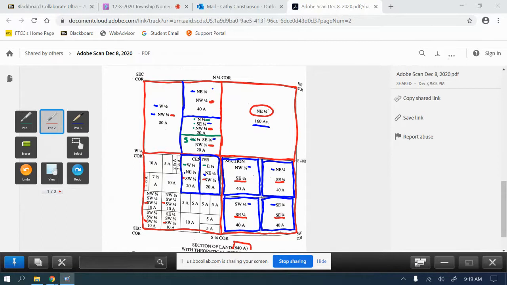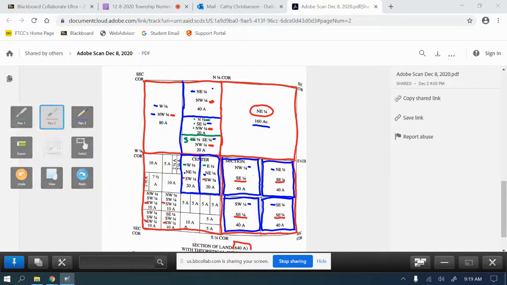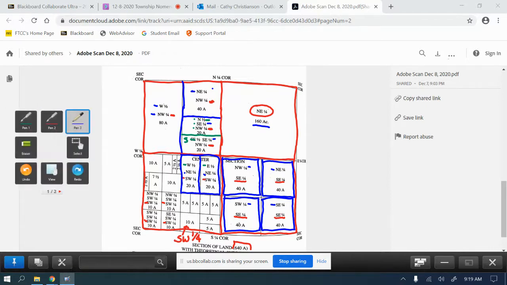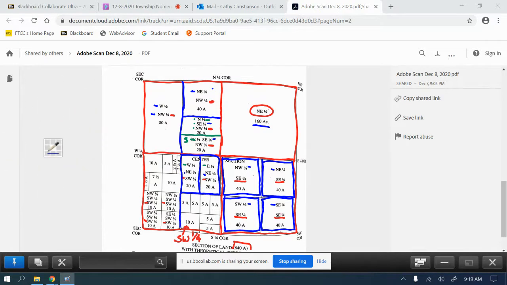So I want to first write that this is the southwest 1/4. So that would be my top one because it's in the overall big red. Now, if I would break it down to the blue, that's going to be 1/4 of, I'm going to write it over here. So my bottom number